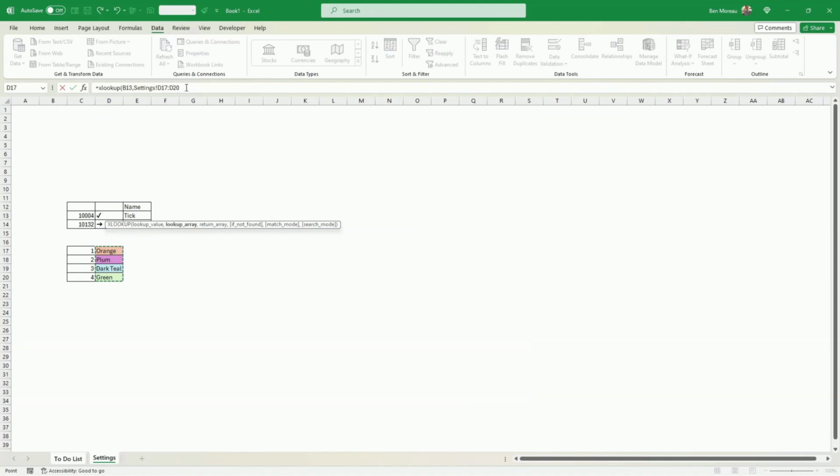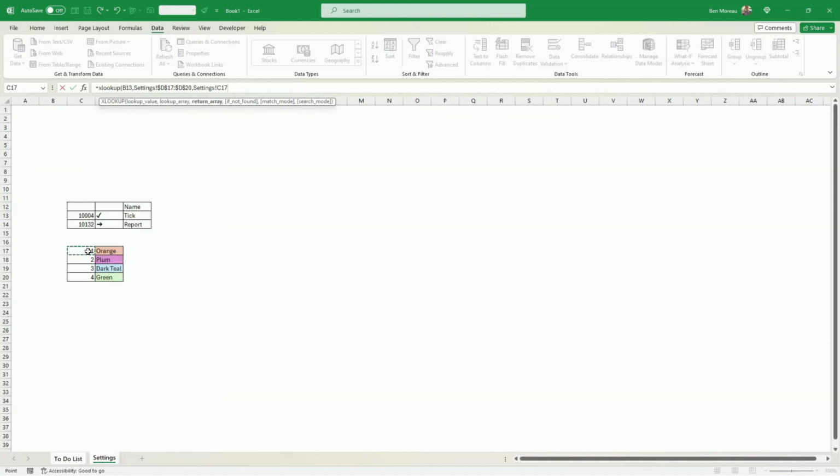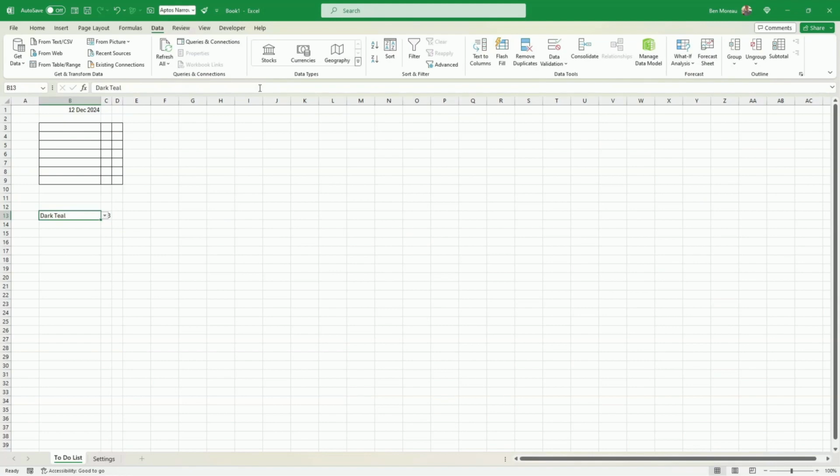Into that list. I lock it, press F4 to make sure that it doesn't move. And what do I want to retrieve? I want to retrieve this number here. Same, I lock it, press F4 because I wanted to duplicate all those. And so this is,